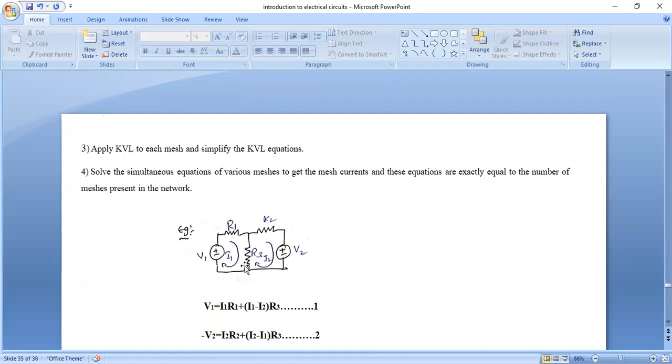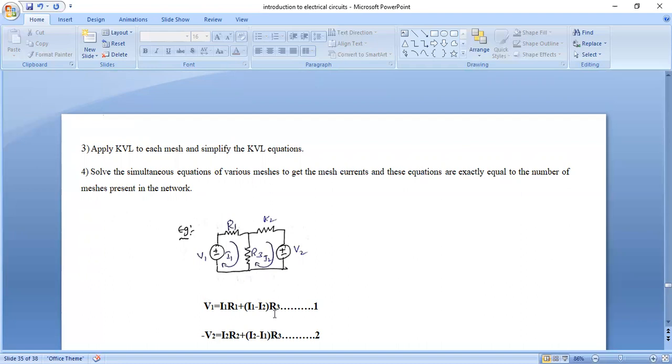Next, the third step is to apply KVL for each mesh. Now I am writing the KVL for the first mesh. First we have to write the sources. In the first mesh, the source is V1. For this V1, the current is flowing from negative to positive. So I am taking this as plus V1 equal to, then the drops are I1 into R1 plus I1 minus I2